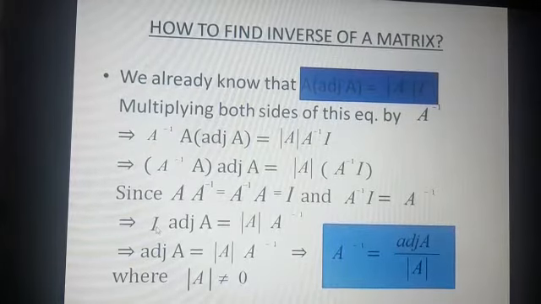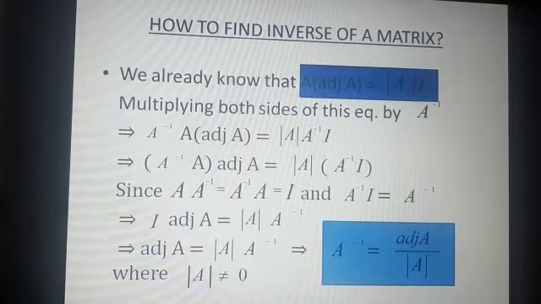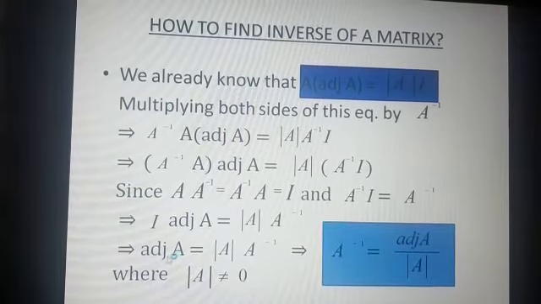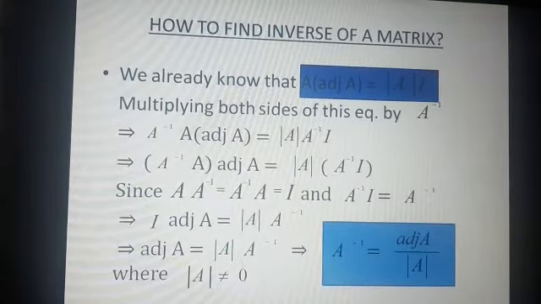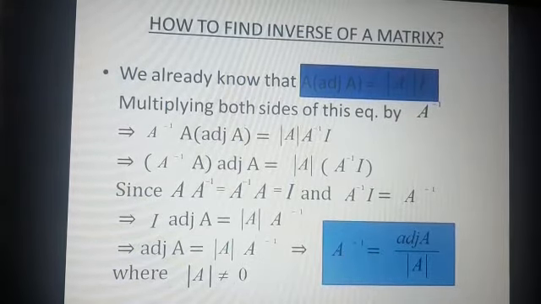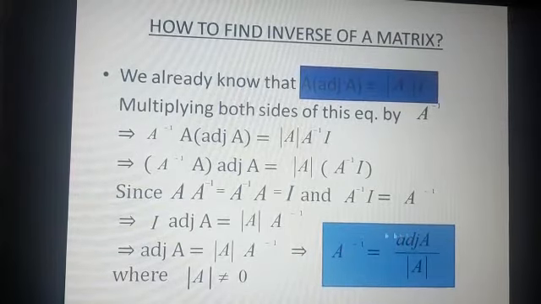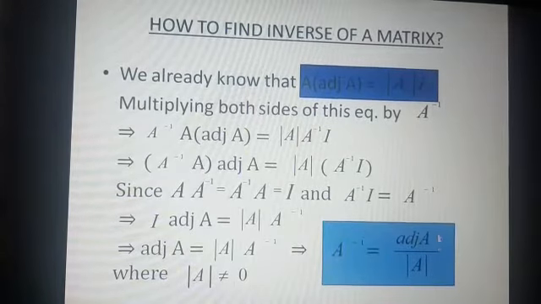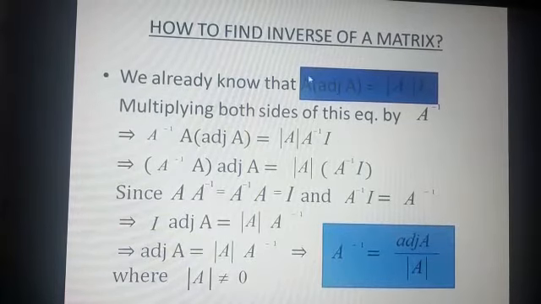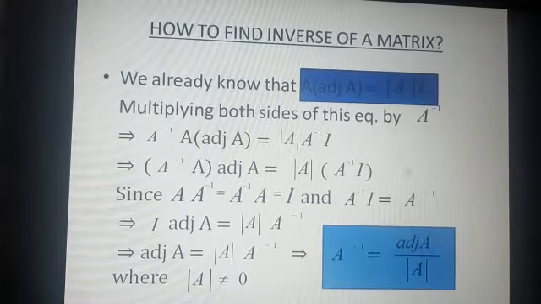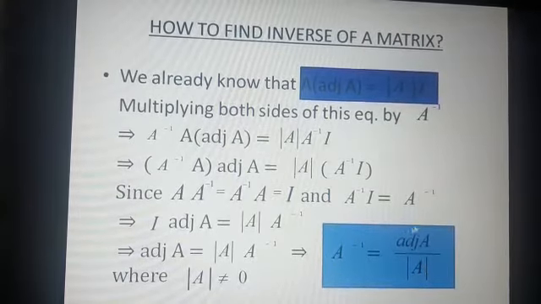Now we are again multiplying the identity matrix with the adjoint of A. Both are matrices, so whenever you multiply a matrix with the identity matrix, you get the same matrix, that is the adjoint of A. So it will become adjoint of A is equal to determinant of A into A inverse. So finally, A inverse is equal to adjoint of A upon determinant of A. This is what we have to learn to find the inverse of a matrix. This property has been derived from the properties of adjoint, which we learned in the first module. You have to learn this formula.